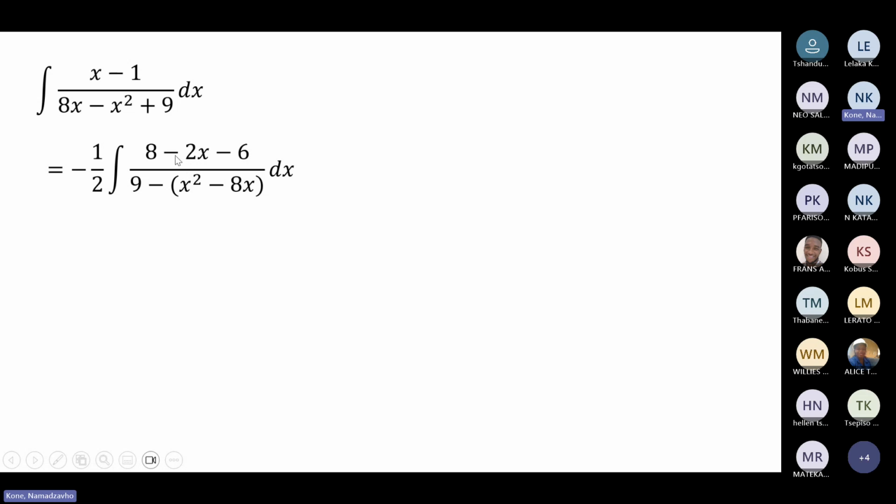So what we needed was an 8 minus 2x. That's why we have to have each and everything inside, that is a 4, a minus x, and a minus 3 before the half comes into play. All of them must be twice the values that we would have had if we were not talking about this half. So this half is coming to compensate for that. So now if you check 8, okay, yes,